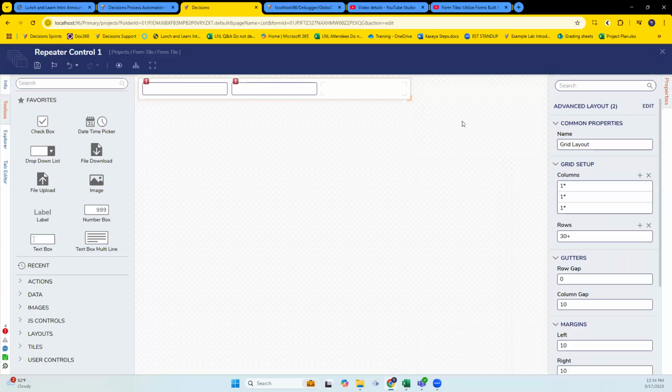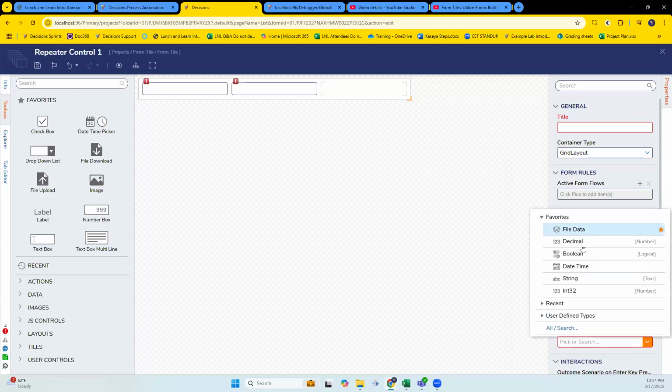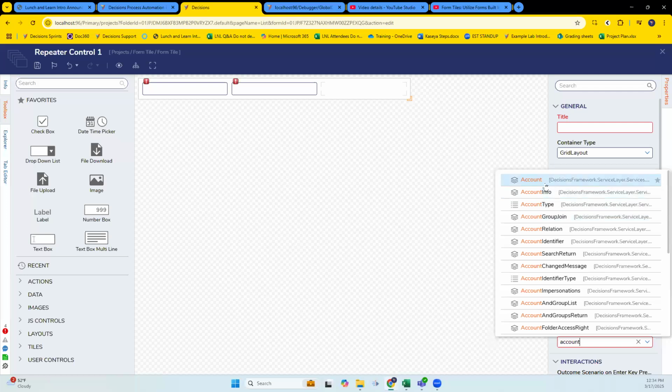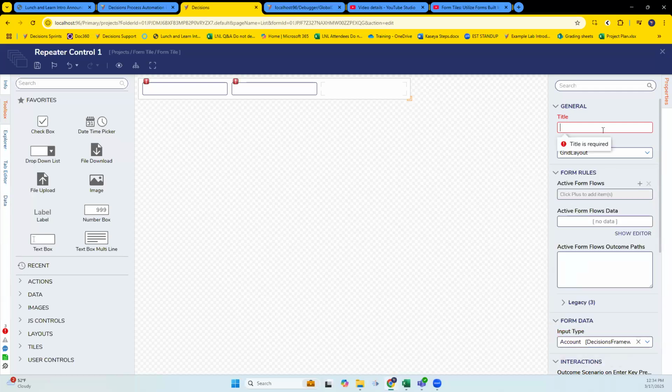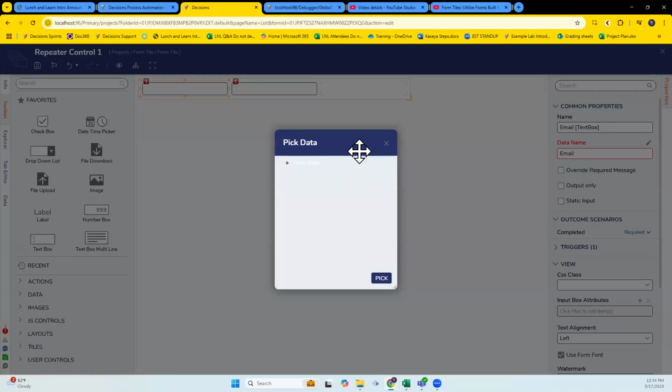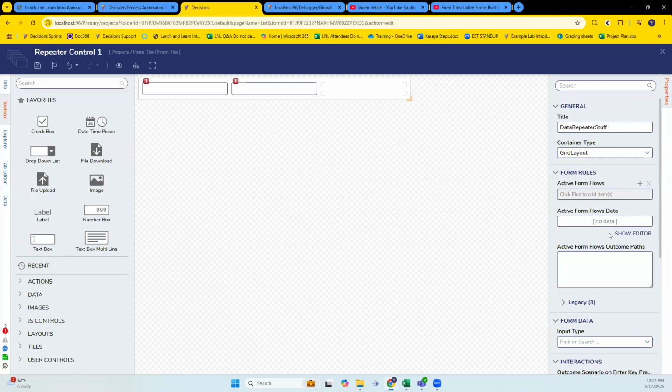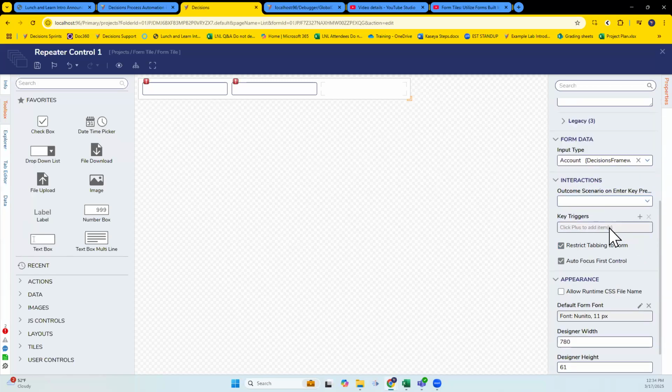Is it in here? Oh yeah, it is in here. Input type. We're going with account, just because I always have something populated. Just installed 9.8, so I don't really have anything on here yet. Data repeater stuff. Now we have that. It'll give us a better option here. Make sure we got this right. Account.